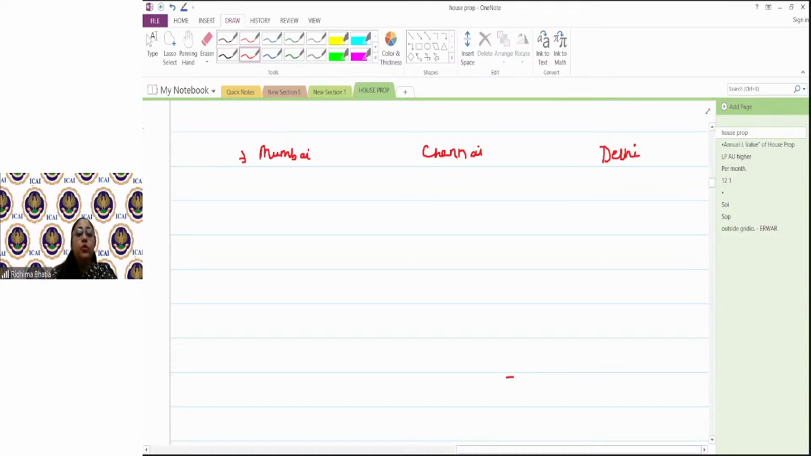Now suppose अब आप बोलोगे कि मैम ग्रॉस एनुअल वैल्यू निकालने के लिए, now you will say कि मैम GAV निकालने के लिए,